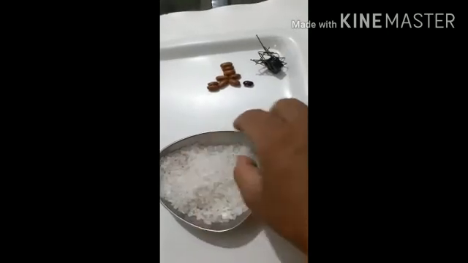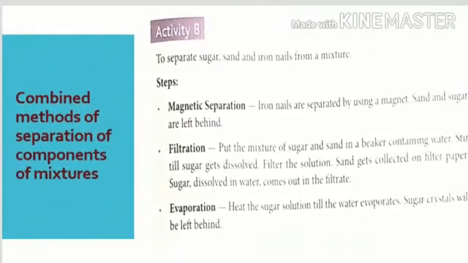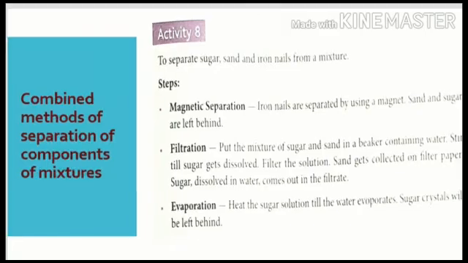If it has some more impurities like dust etc., or you want to purify it more, you can do the crystallization process for that. Now to separate sugar, sand and iron nails. Here we separated out iron nails, you can say pins, kidney beans and sugar. So